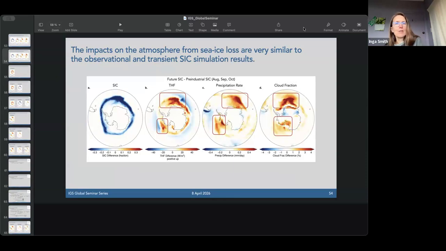Yep, that's great. So I was wondering about the difference between the regionality of those different aspects. The turbulent heat flux, like you said, is in the Amundsen-Bellingshausen Sea and the northern part of the Weddell Sea. But when you get to the cloud fraction, it's much more the Ross Sea rather than the Amundsen-Bellingshausen Sea. I wondered if you had a physical explanation for why that would be so different. It's a really good question.